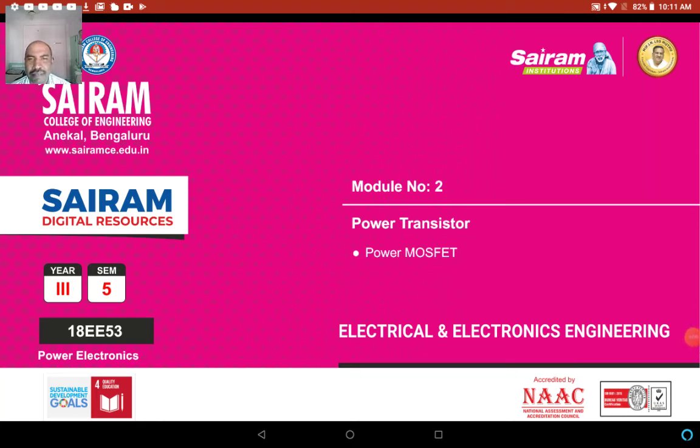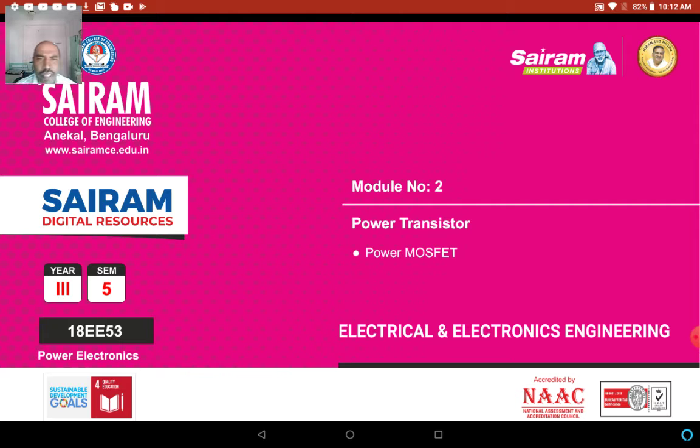My dear students, in today's session, I'm going to discuss the second power transistor, which is popularly called the power MOSFET. Before this, I studied the power BJT: steady state characteristics, switching characteristics, base drive control, switching limits, as well as problems on the power BJT. And now we are focusing on the second type of power transistor, called the power MOSFET.